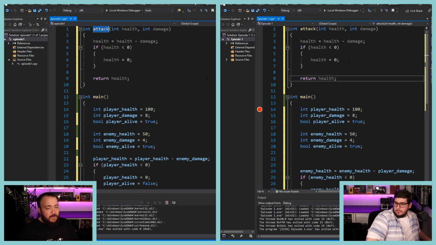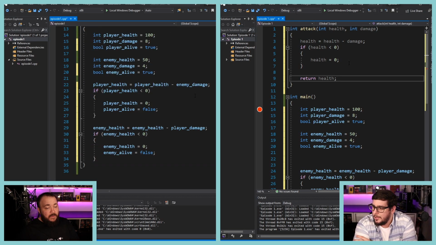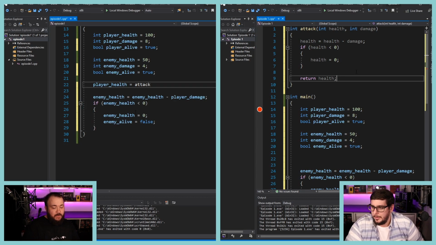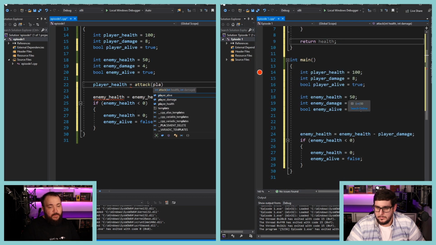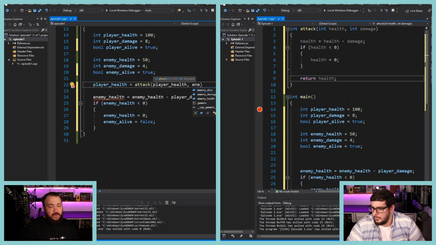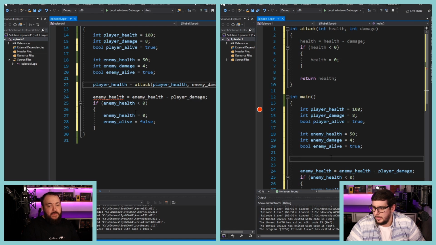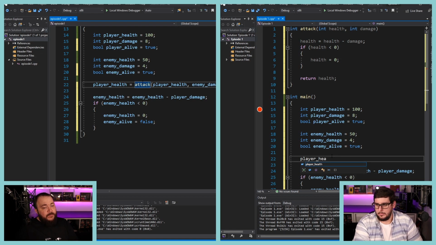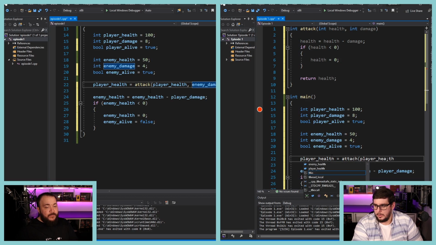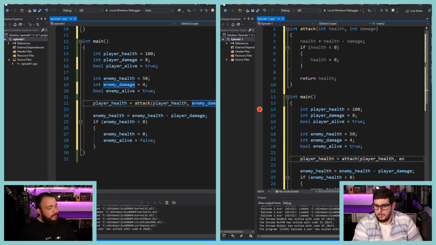So we have attack. Great. Can't we then say that instead of player health being all of this stuff over here, we can say that player health is equal to attack of player health and enemy damage. So there was an attack happening. What was under attack is the health of the player, and what was attacking is the damage of the enemy. And since we return the value back out,